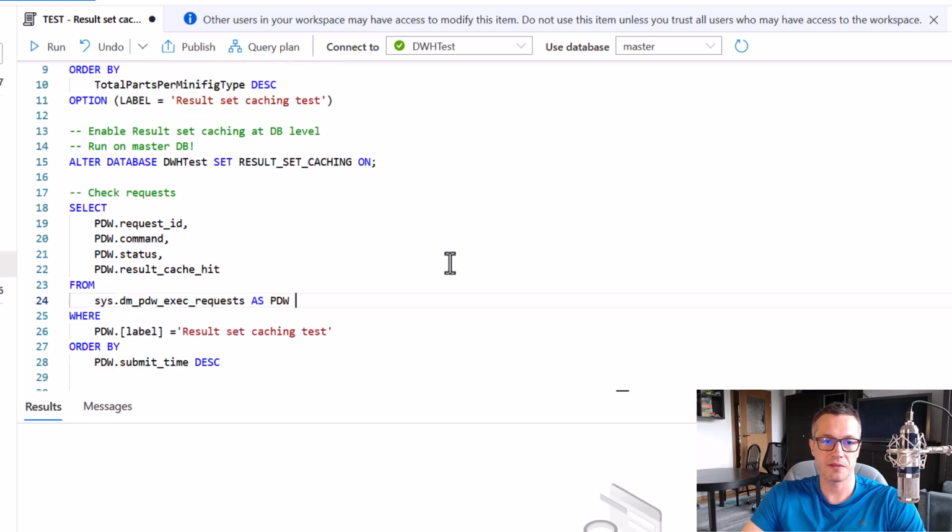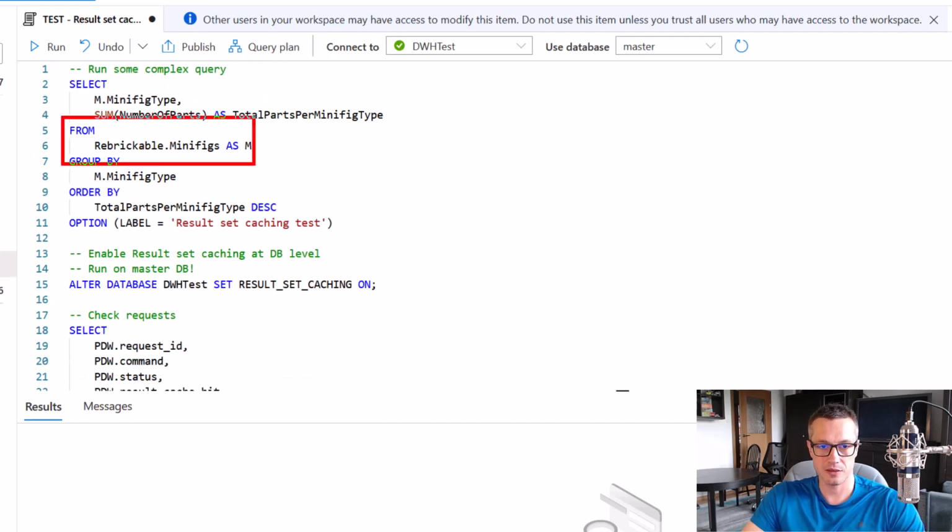So for example, if our table that is used as a source in this query has changed, if some new data was added to it. So that's the first case. Then the cache might be evicted if its size reaches the limit, which is 1 terabyte, I believe. And finally, you can do this manually by running one of the DBCC queries. But by default, it is disabled, and it is really recommended to enable this to benefit from faster